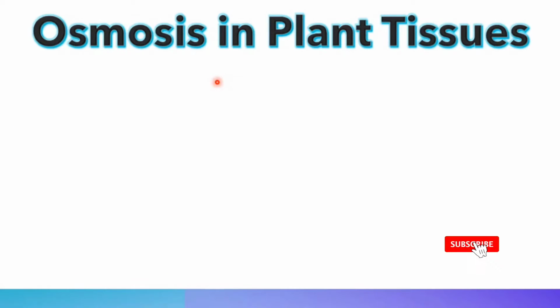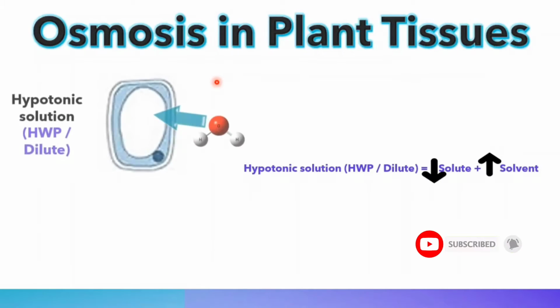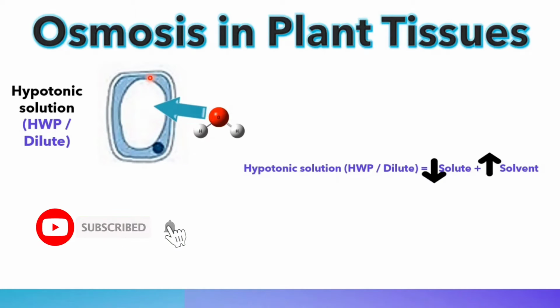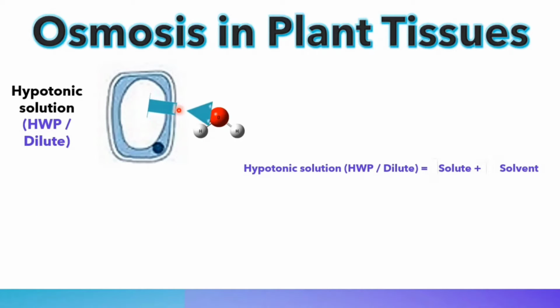Osmosis in plant tissue. When you keep the plant cell in a hypotonic solution, water from the beaker enters the cell and it becomes turgid, because the beaker has a high amount of water compared to the cell. This creates a turgor pressure. What is the turgor pressure? The pressure of the cytoplasm pushing against the cell wall. This pressure prevents too much water from entering. Importantly, you can see that there is a cell wall which prevents the cell from bursting.